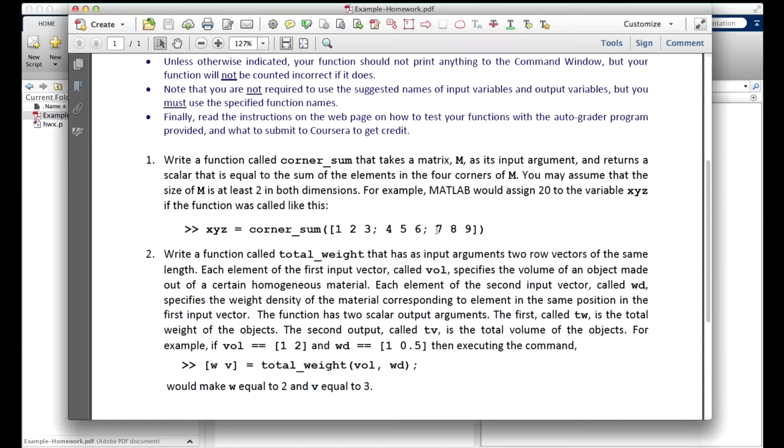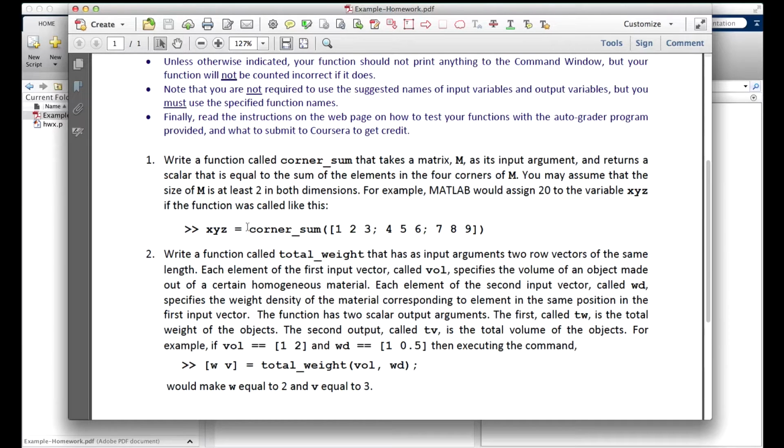And then here on the bottom row, the lower left position has a 7 and the lower right position has a 9. So the sum is 1 plus 3 is 4, plus 7 is 11, plus 9 is 20. So xyz would be assigned 20.